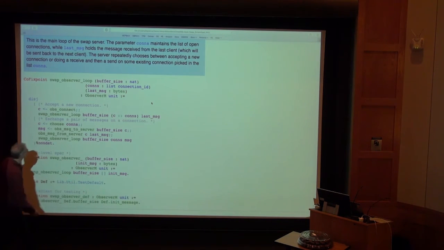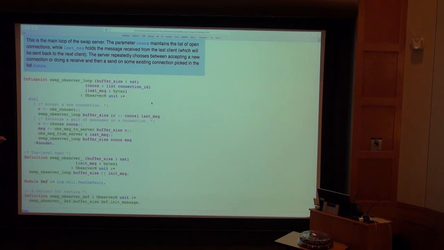So first of all, this spec is a co-fixed point. A co-fixed point is part of Coq's co-induction features, which we aren't really telling you much about in these couple of weeks because the time is short. But for those of you that are not familiar with co-induction in Coq, for present purposes, you can think of this as just like a fixed point definition, except that we're going to allow it to have not only finite but also infinite behaviors. So it describes non-terminating computations that we can interact with.